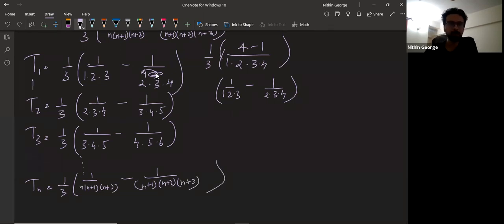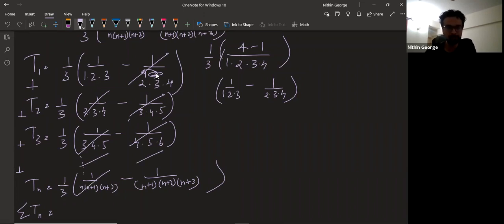So I am trying to find the sum of these terms, right? So I'll simply add these terms up, the LHS and the RHS. Okay, so I get sigma Tn equal to. So what will happen here? This term and this term will cancel out. Sorry, this term won't cancel out with anything. You can see something called telescopic addition, like the alternate terms cancel out. 1, 3, 4, 5 will cancel out with the next ones. This one will cancel out with the next ones here. The last ones here. Okay, the first one.